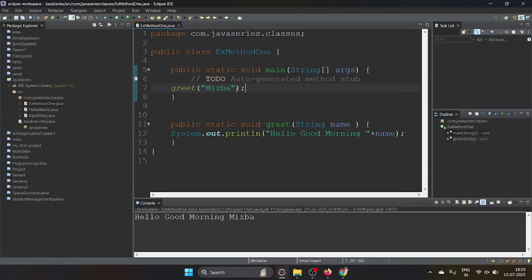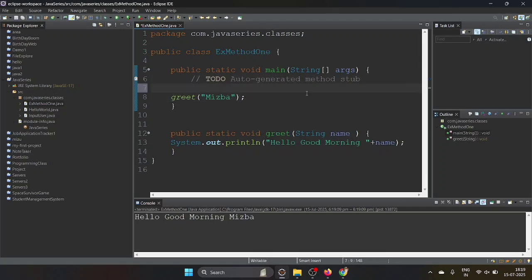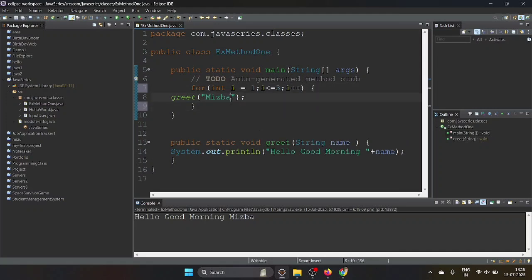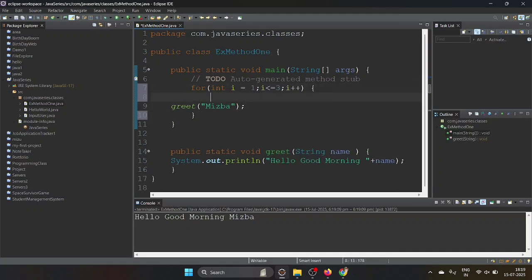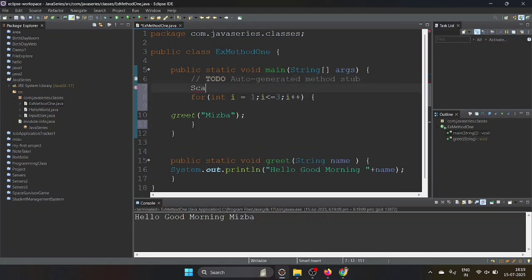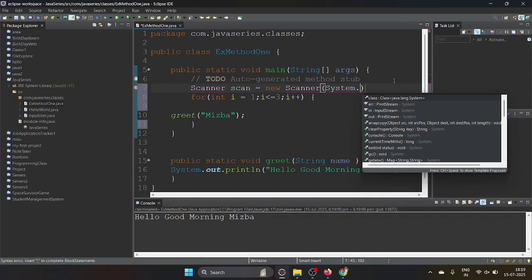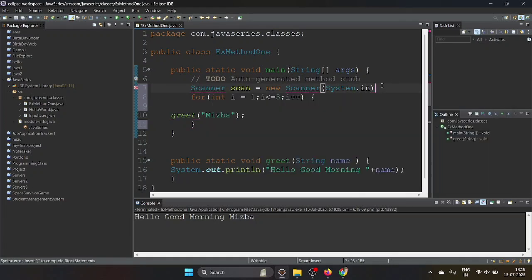Hello, good morning, Misbah. If you want to perform this repeatedly, let's say I want to print 3 students: int i equal to 1, i less than or equal to 3, i plus plus. Don't get confused here. Here we will take a Scanner, scan equal to new Scanner(System.in).